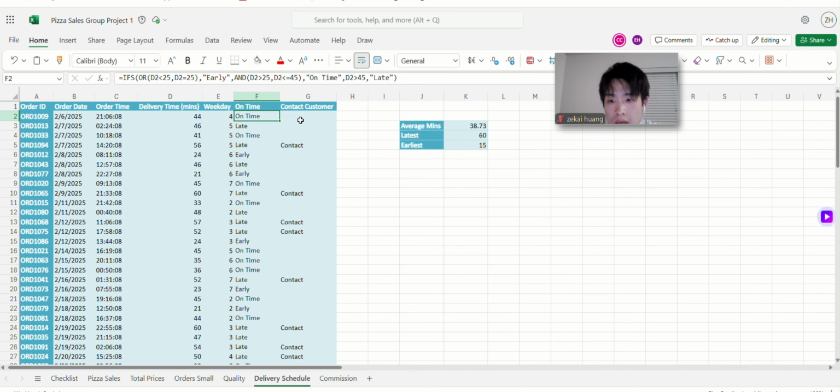And third, I used the IF and NOT functions to decide if we need to contact customers. If delivery time was too long, it triggers a contact label, flagging the order for following up. And next, I used the AVERAGE function to calculate average delivery time across all orders. The result showed that overall delivery time was within target,